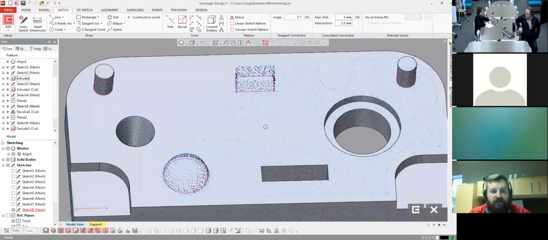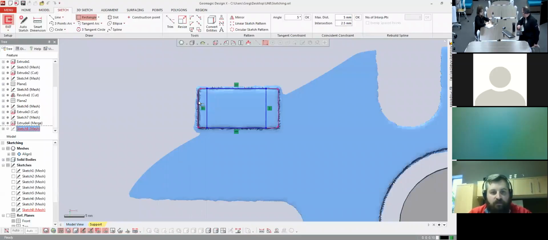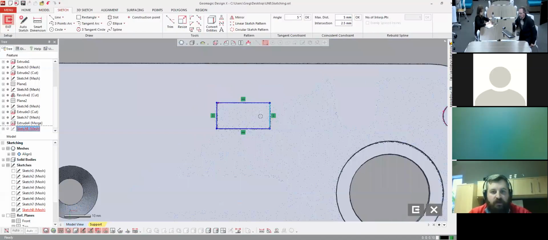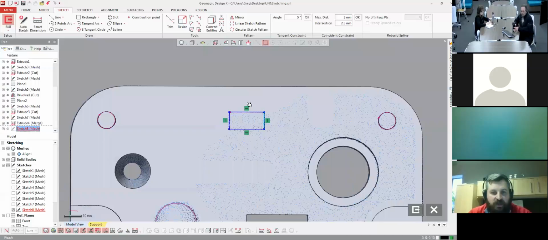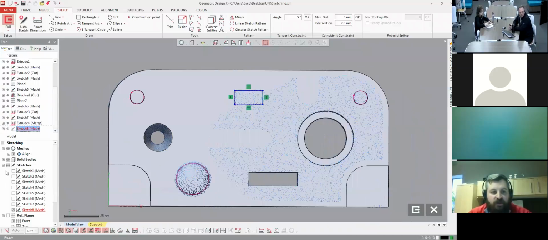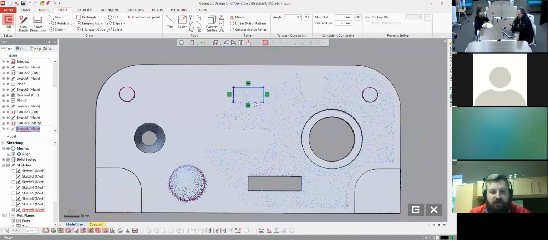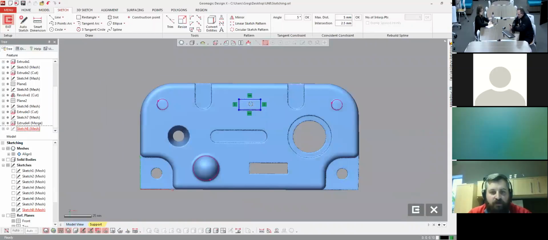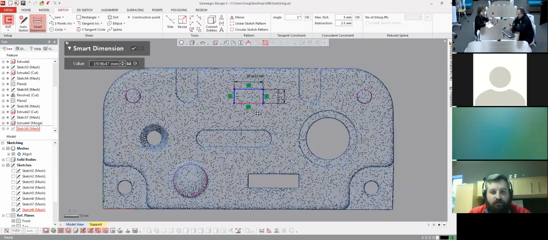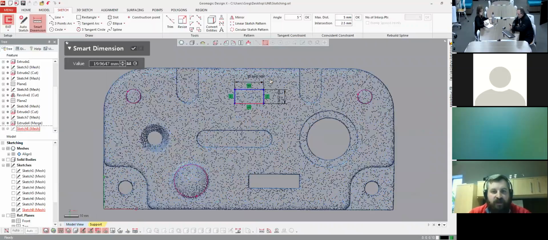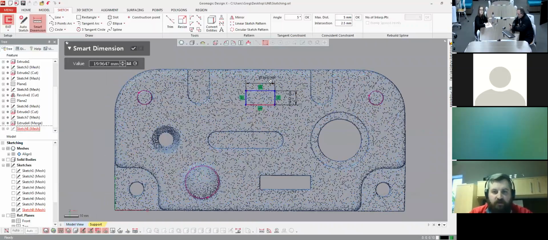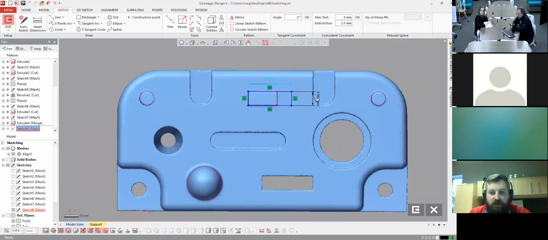Same thing, we'll build a rectangle. And now this is a good, again, design intent application. Maybe when this part was manufactured, this feature is in the wrong area. So if I build some simple dimensional values here, this is where I can start to come in and say, hey, maybe this should be, well, let's say 30 inches long. And maybe this should be 12 inches wide. We're making a